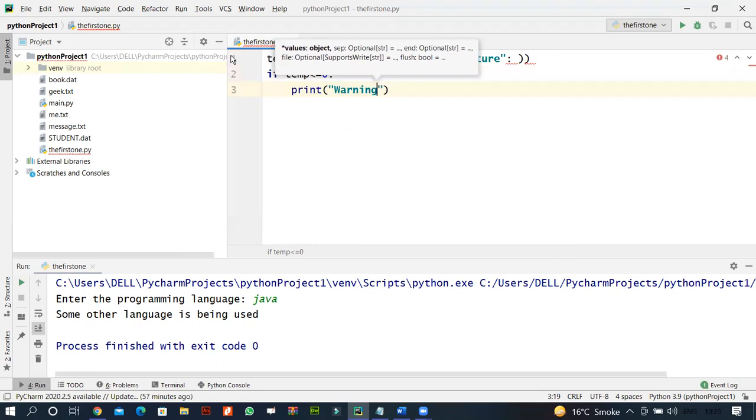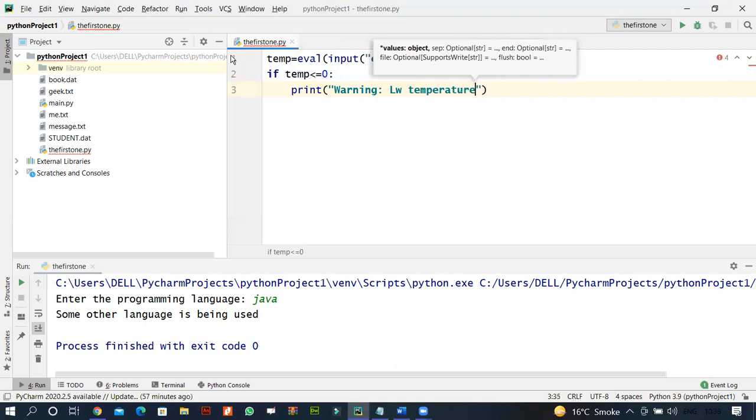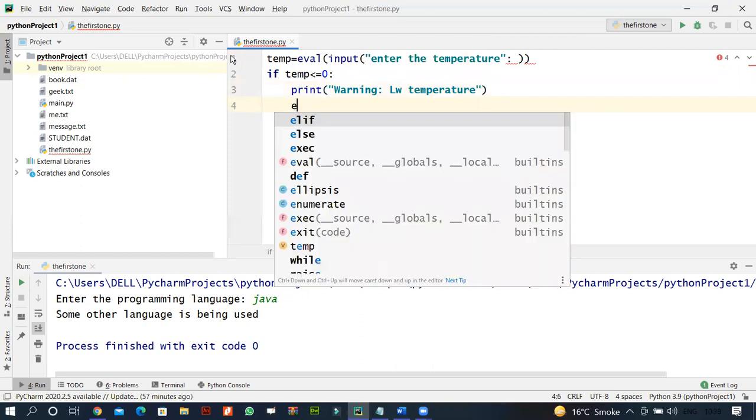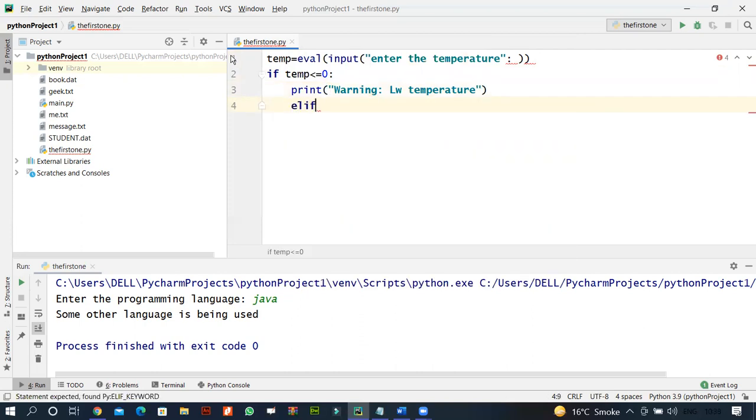"Warning, low temperature". Otherwise, we can use elif, it's the same thing. Else if the temperature is less than